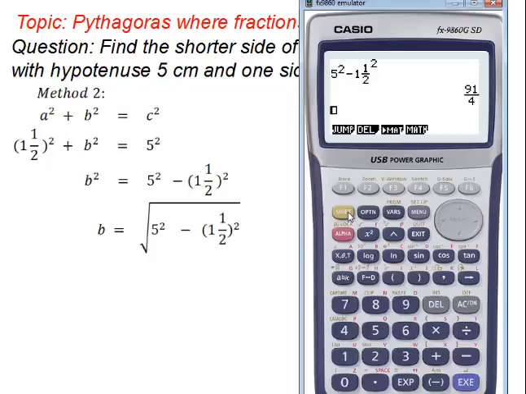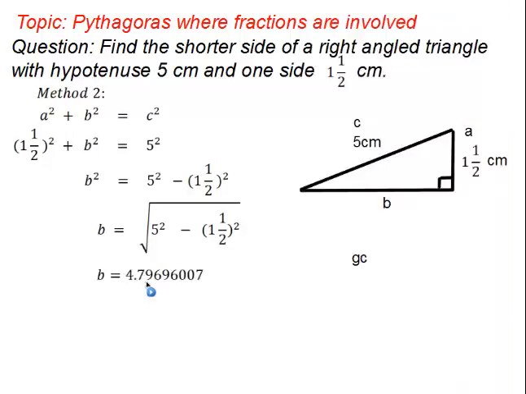And now we can work out that the square root of our previous answer is, now on my calculator this came up as a decimal. B is 4.79696, etc., etc. On your calculator it should come up in what we call surd form, like this. B is the square root of 91 over 2, the exact answer in centimetres that we had using the previous method. You can see that using this method, if you're careful using your calculator, you can